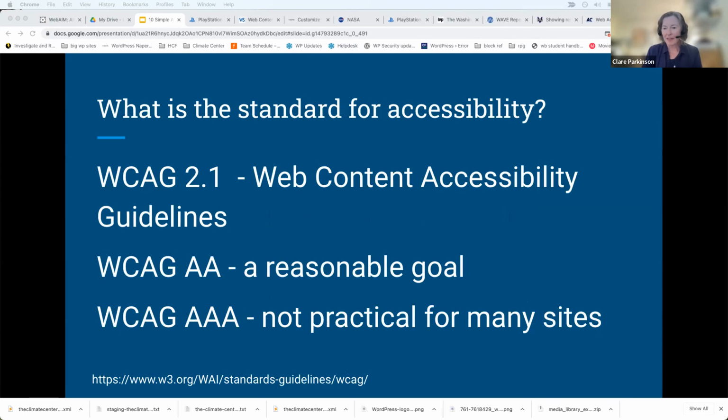Very briefly, there is a standard for accessibility. I always call it WCAG or WCAG. Nobody really knows how to pronounce it, I don't think. There's different levels, A, AA, AAA. Some, like federal and state agencies, have mandates that they need to meet, say, an AA guideline or an